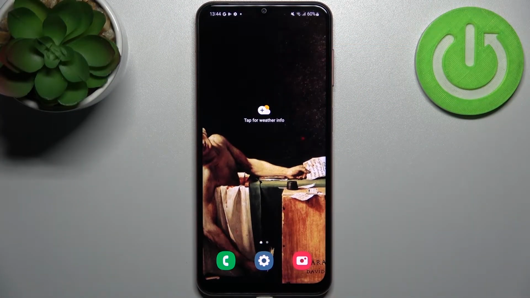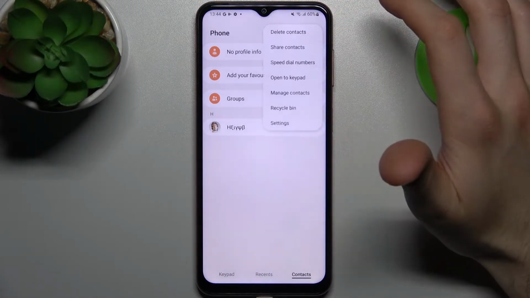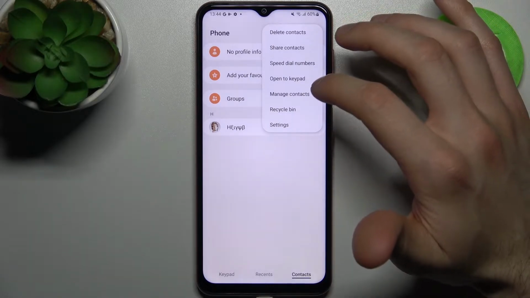Here I have Samsung Galaxy F13, and today I'm going to show you how to block a number on this device. So firstly, you have to open the phone application, tap here, go to the settings,